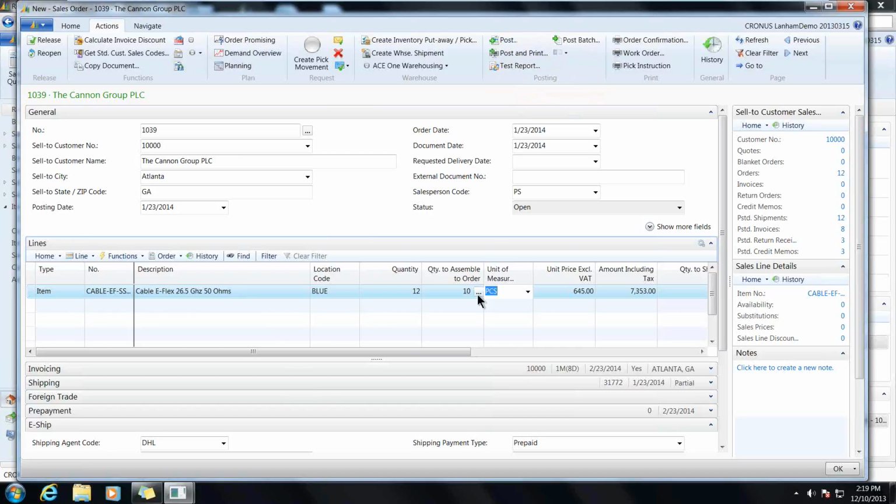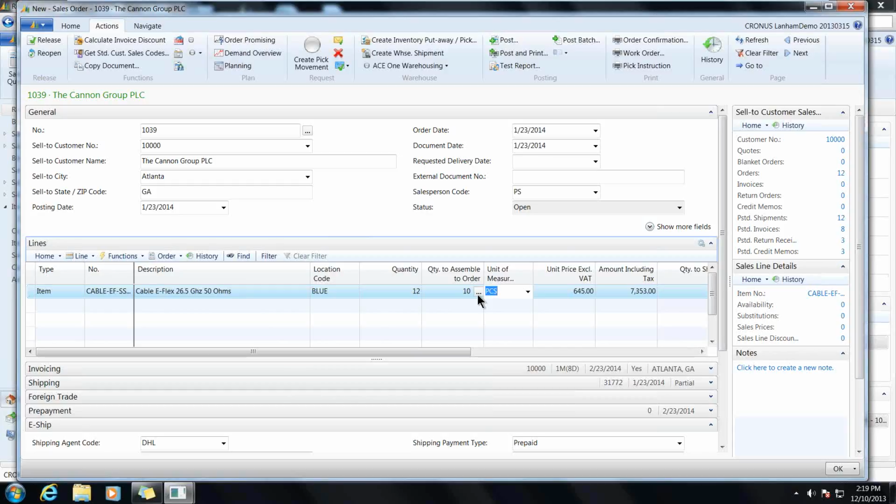But after the posting of that, the shipment, if you will, I do have the ability to go to the posted shipment and do an undo. So for example, if the customer calls back and says, I made a mistake, I don't want those lengths to be 2 meters, I only want them to be 1.5 meters, I can simply go into my posted shipment, undo that shipment,